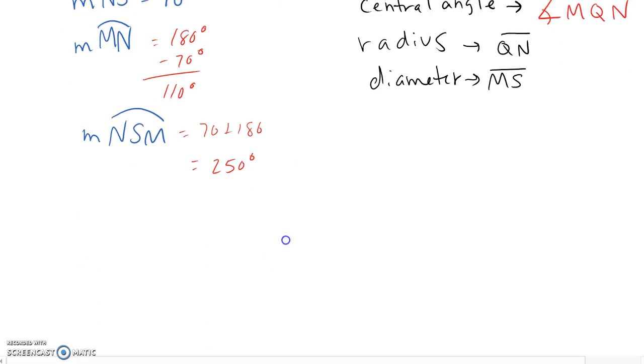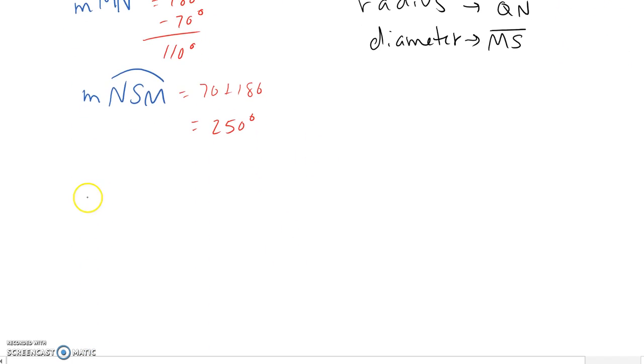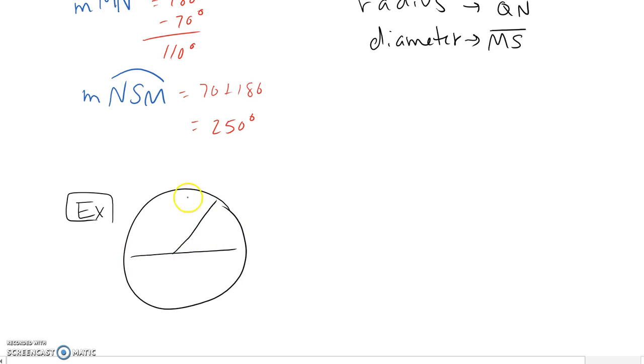Just to do a quick circumference and arc length, I'm going to draw a new picture because that one was just getting really, really busy. So I have a circle. I'm going to draw it very similar. I'll say that this is 55 degrees. Go for A, B, C. And I'll say that this radius right here is 3 feet. So I want the circumference of the circle. And I also want the arc length